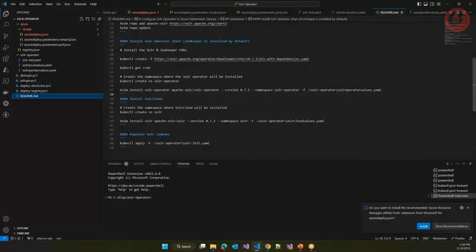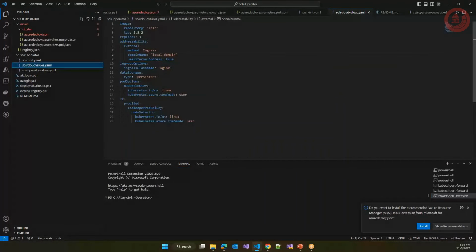Yeah, once this one is created, then I am actually installing the Solr Cloud. So once we have the Solr operator, which is the orchestrator for Solr Cloud, once that is configured and installed, on top of it we can install the Solr Cloud. Like I mentioned, this namespace is used for the Solr Cloud, and then this command, the Apache Solr/Solr. Over here, we have the Apache Solr operator, and then these are the versions that I'm using, and the namespace, like I mentioned. And yeah, I'm using the Solr Cloud values, which is actually over here, the YAML, where I'm